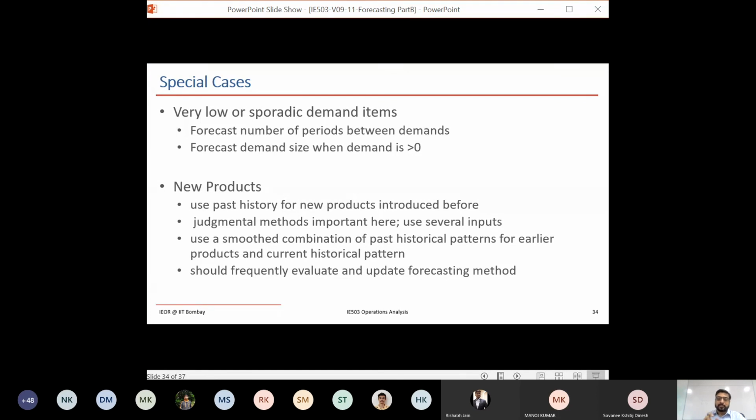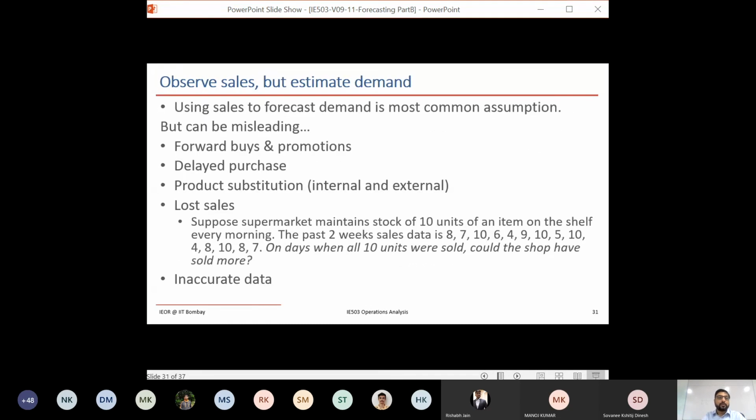And so whenever people say these kinds of issues are not known, I also told you about forecasting, right? It is not really known what is useful. It is not really known because data is not available. So that is a potential open topic for a thesis. Hey, if data is not available on time, then what method should I use? If there is lost sales, what can I do? If there is product substitution, can I figure it out from the data that is given?